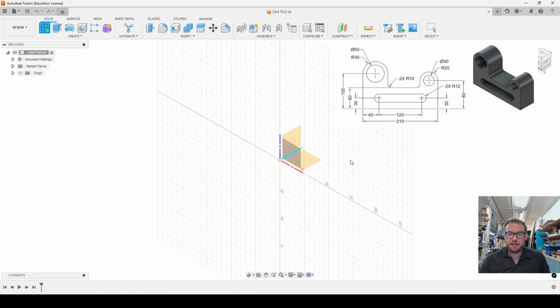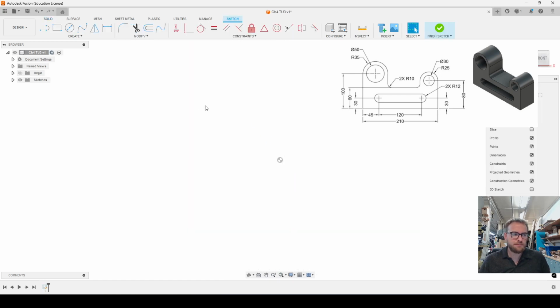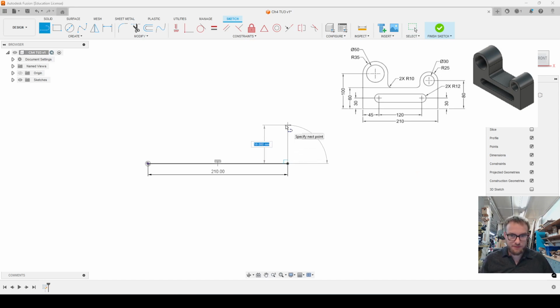So I'm going to create a sketch and do it on this front plane. And I'm going to start out by just using the line tool to define this outer shape. So we're going to go from the origin over, and let's see, that was 210 millimeters. Okay, keep going with the line tool, come up. I'll add in the dimensions later, but I'm going to hold and create this arc, and then come down some amount, over some amount,